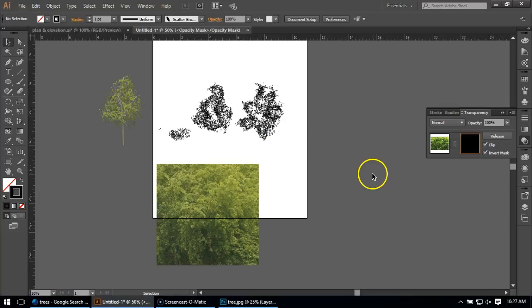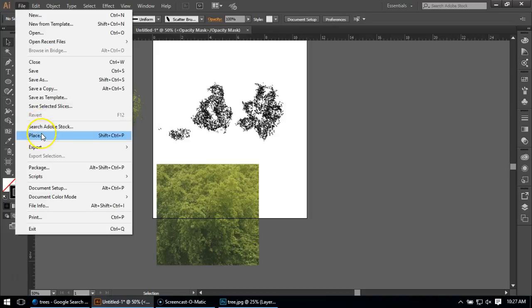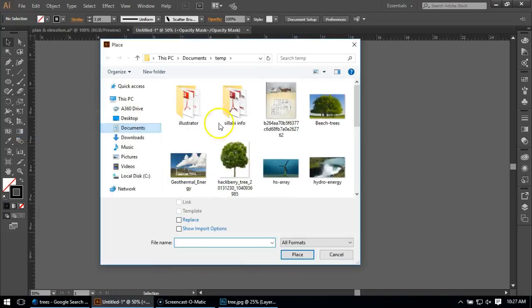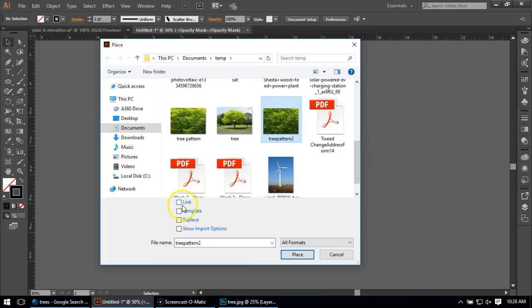Now this is the key step here. Let me minimize this. What I had to do is place this image in. I'm going to find that JPEG I just saved, which is Tree Pattern 2, right here. Now by default your link is going to be checked. I'm going to uncheck this link because I'm going to use this tree in lots of files, and if I link it, it is going to